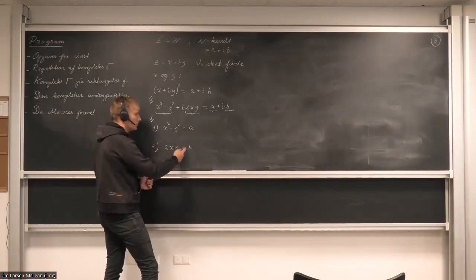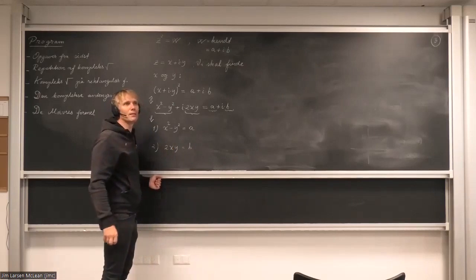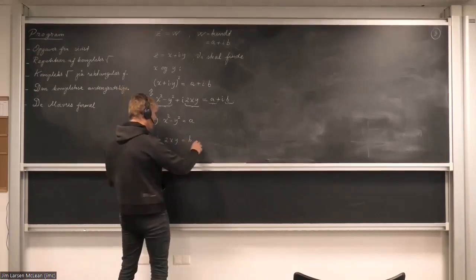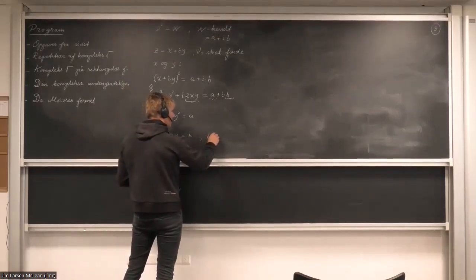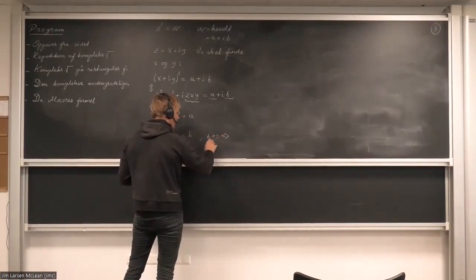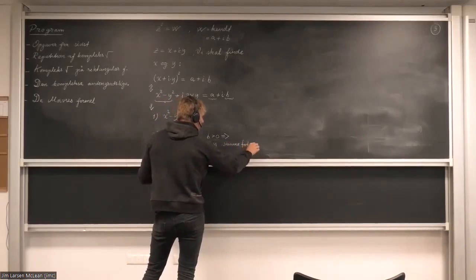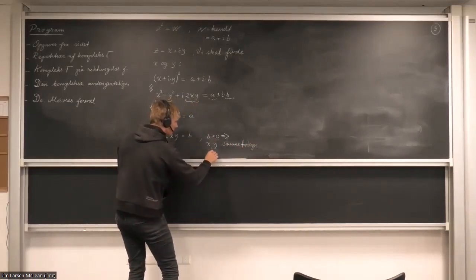Negative times negative equals positive. So if B is positive, then we know that x and y must at least have the same sign, because if they had opposite signs, that would result in a negative. So just by looking at this formula, I can determine something. If B is greater than 0, then it implies that x and y must at least have the same sign. And I can also see that if B is negative,